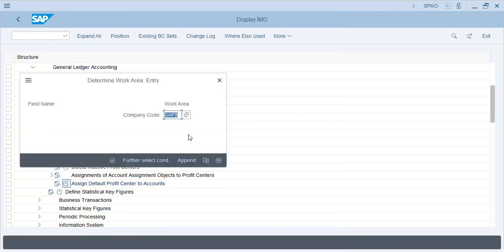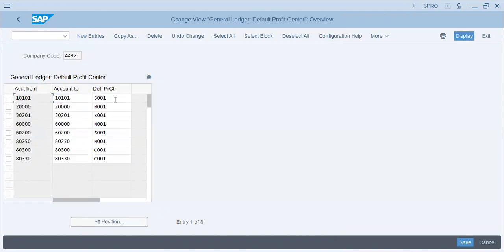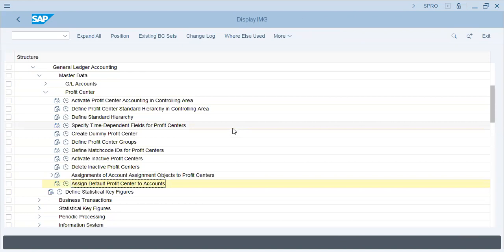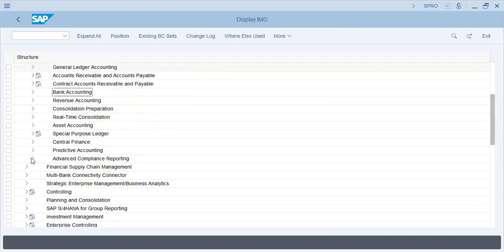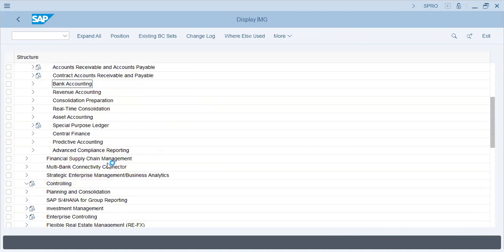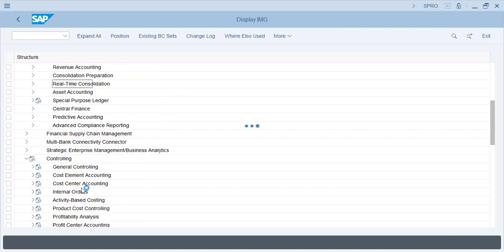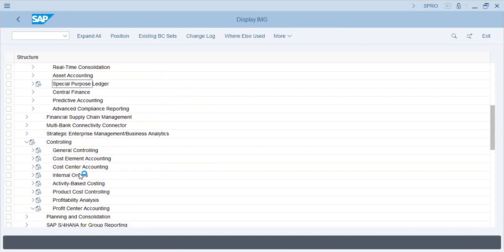Now, double F42, we have S01, N01, and C01. We have to make these profit centers and we have to make these accounts to make this configuration. Okay. So, I'll stop my lecture over here because this is labor work, but I'll just make sure that your profit centers are made. Okay. Profit centers,